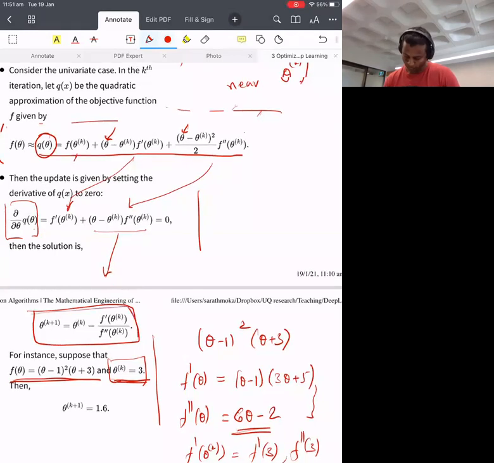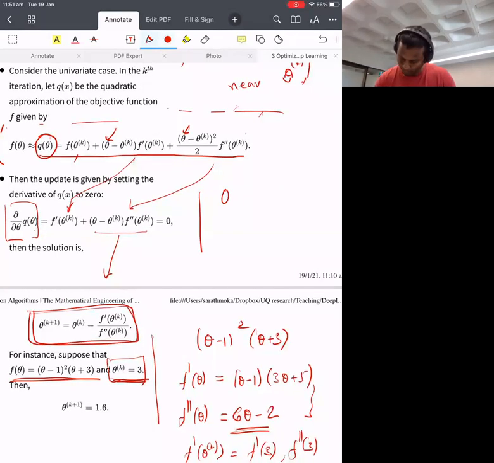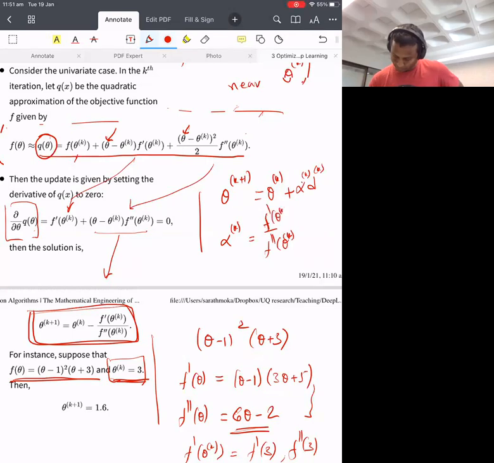If you look at this one, compare with the gradient descent update, theta k plus 1 is equal to theta k minus alpha d, you can see that alpha k is equal to 1 by f double prime of theta k, and you can write f prime of theta k into this one, and d is a normalized direction, which is essentially, we know that in gradient descent we have minus